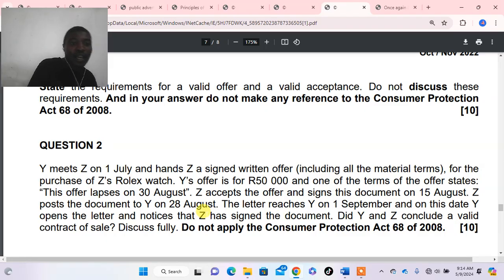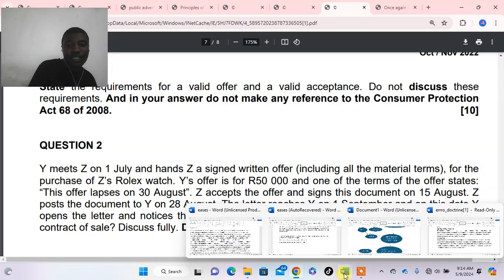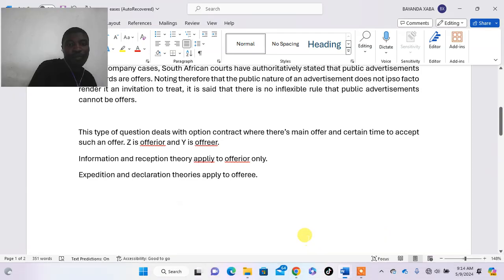Then this question, it is very clear that it is dealing with the information theory, right? It means that it becomes known to Y on 1 September, by which time the 30 days have already lapsed. Therefore, the contract is not binding. Therefore, when you answer this contract,